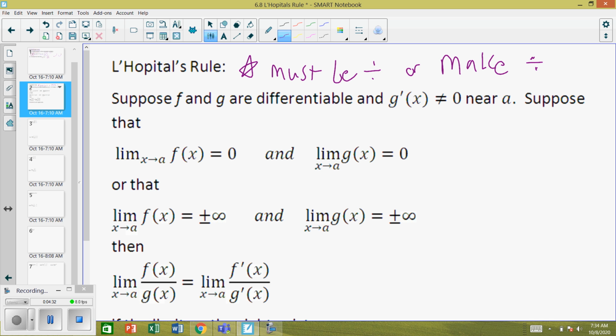Okay. L'Hopital's is actually a pretty interesting concept, and it's not too terrible if we are good at taking derivatives. It says, suppose f and g are differentiable. So we have the f function and g function are both differentiable. And it's just specifying that g prime of x does not equal 0 because g is the one that's going to be on the denominator. And suppose that the limit of f of x equals 0 and the limit of g of x equals 0, or that f's limit is positive or negative infinity and g's limit is positive infinity,